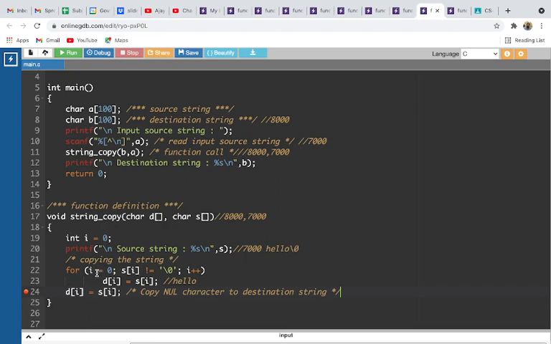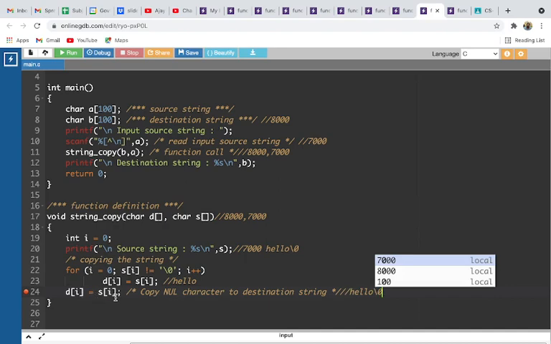Here, after ending this loop, i is at 5. So s of 5 is actually \0. So we will copy that s of i character to d of i. So d of i becomes hello and \0 will be included